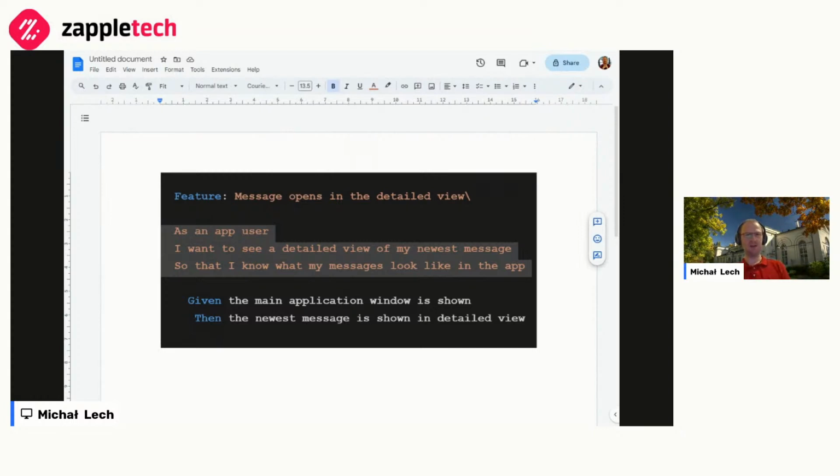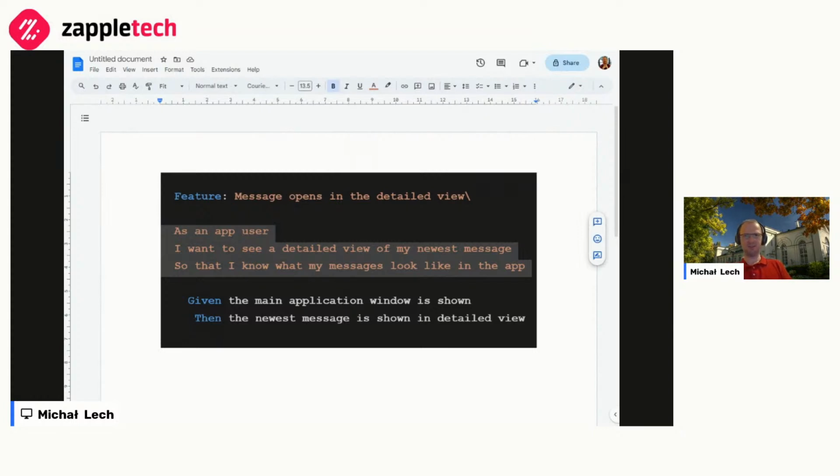Then suddenly, once BDD essentially became a success story in a few places, it became extremely loud and extremely popular. So it started being introduced in many places which were not remotely ready for it. And then it started being a problem. It started being problematic. I thought that maybe Cucumber is not so good because we don't really know how to write it. The scripts that we are getting are not really good. Well, if you develop with rituals, your scripts will not be good anyway.